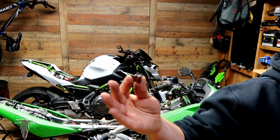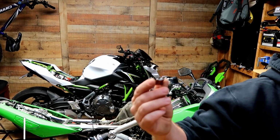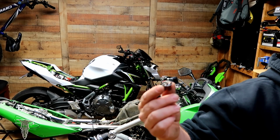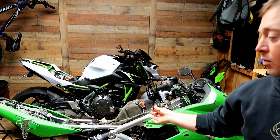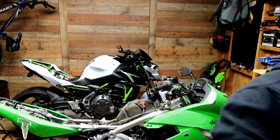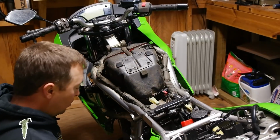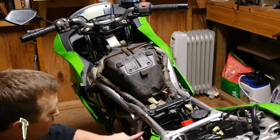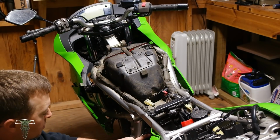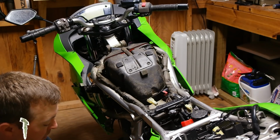And they wrapped tinfoil around it after they blew it and then stuck it back in there. So I do not know what's going on with the electrical system. So let's go and do some preliminary checks just to see. What I'm going to do is check here where the fuse was blown, actually, on the starter relay between the